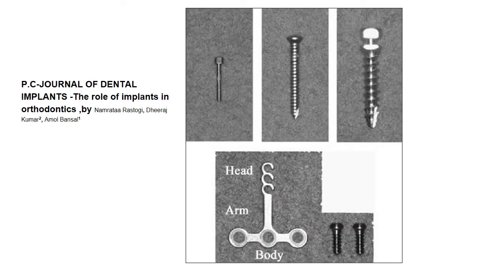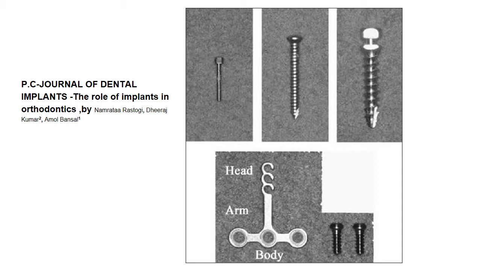So in this picture, we see different kinds of orthodontic implants. On the upper left, we can notice this is a very old kind of orthodontic implant, so it has a very smooth surface, and it's not used anymore. Then you've got two other orthodontic implants. The top middle one is not used much. The one on the right has sharp flutes. So these are the screw kind of orthodontic implants, which are more commonly used these days.